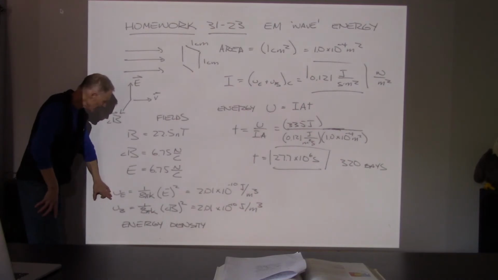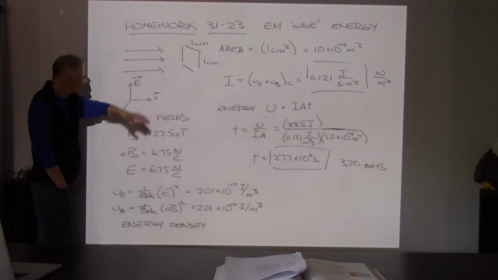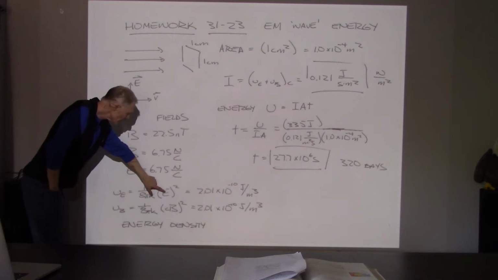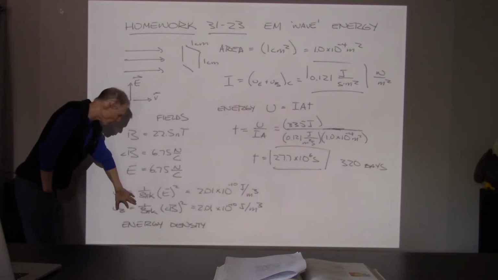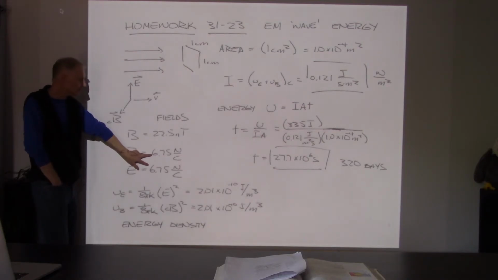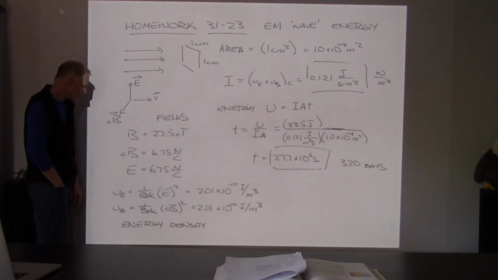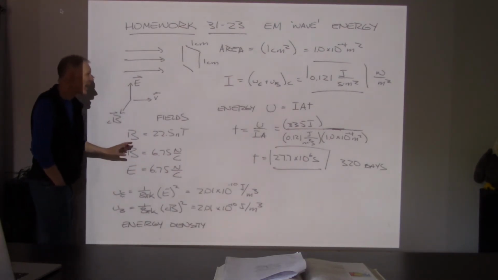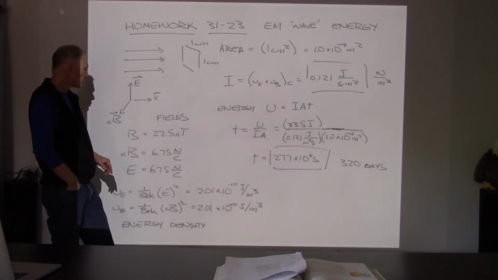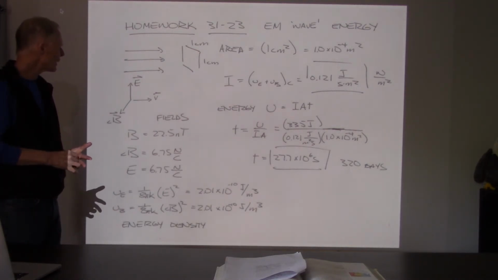I can move on from the fields and calculate the energy densities, because it's an energy question. I followed the formulas, E squared and B squared. They both have the same coefficients out front. So not only do the fields match, but the field energy densities match. And so the total energy density comes from adding these two together. They each have an energy density of 2.0 times 10 to the minus 10 joules per cubic meter,